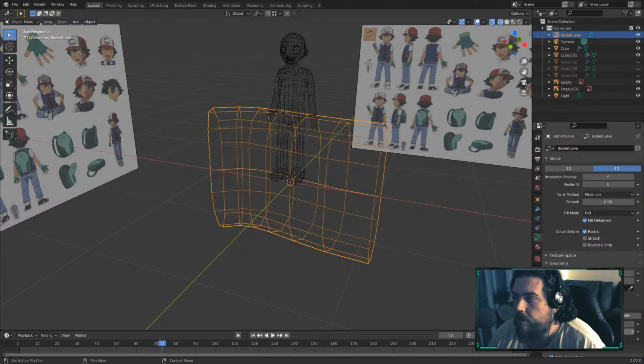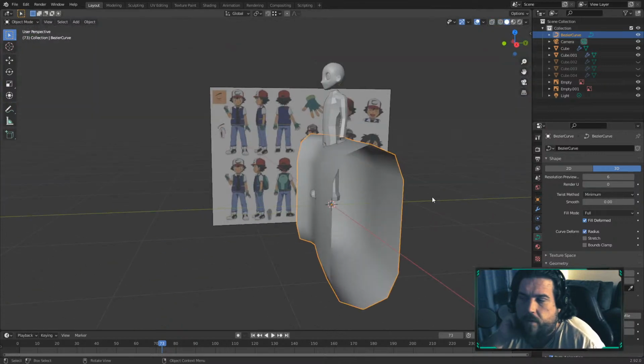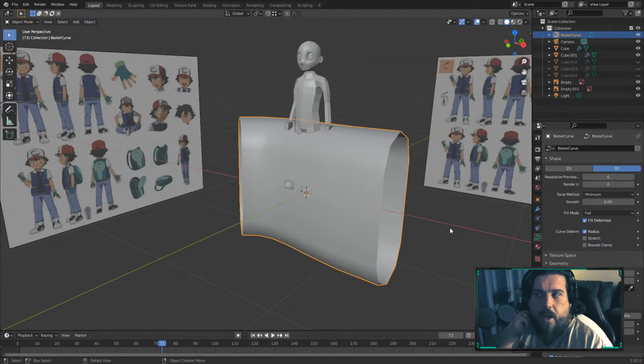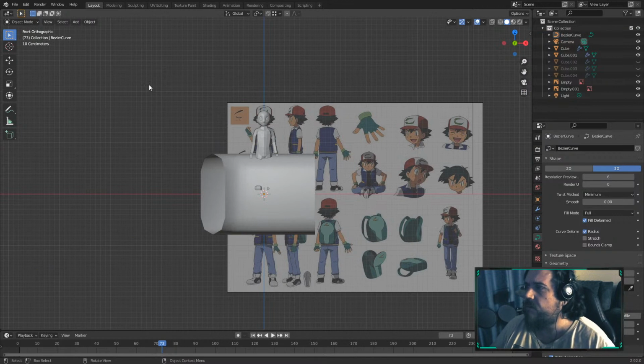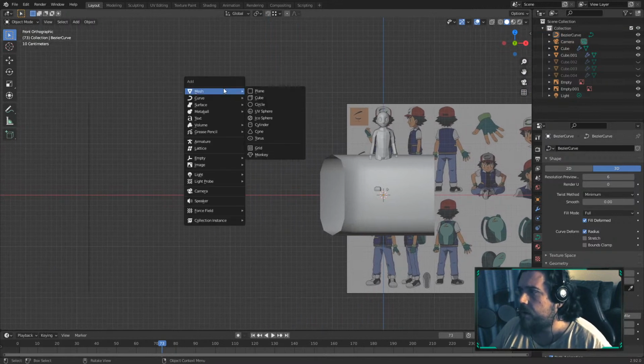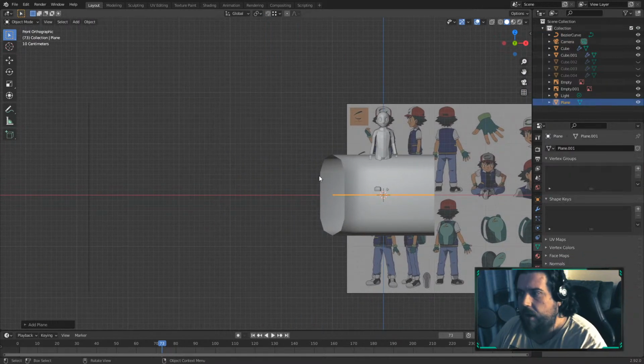Yeah. Okay, beautiful. So that will just lower that resolution. Okay. A taper object, which I've not really done before, but let's try adding a plane and